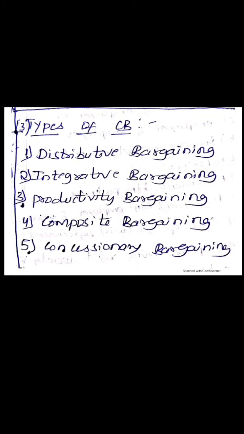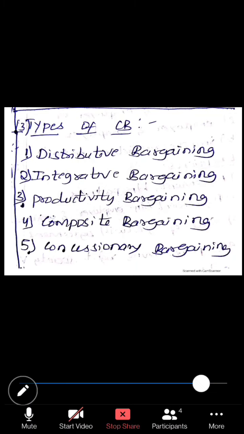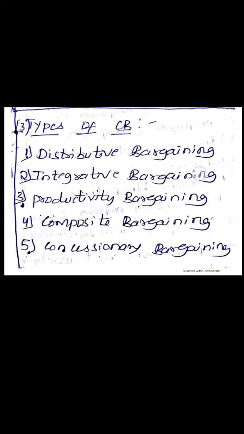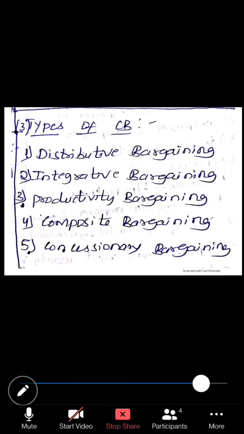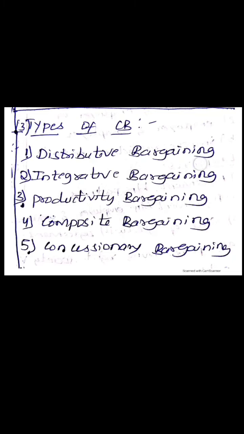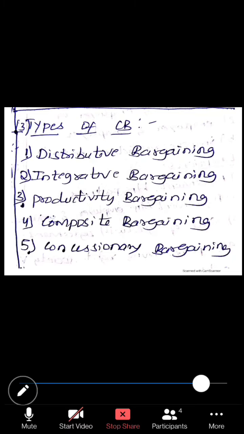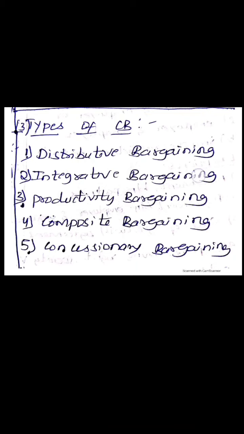The next is integrative bargaining. In integrative bargaining, both the parties get benefited. For example, the training of staff. It costs the employer, but it will also benefit the business in the long term, because better trained workers will give better results. Another example of integrative bargaining is that workers may agree to a lesser salary for better working conditions. So workers will reduce their salary, but they will ask the employer to provide better working conditions. So integrative bargaining is a benefit to both.